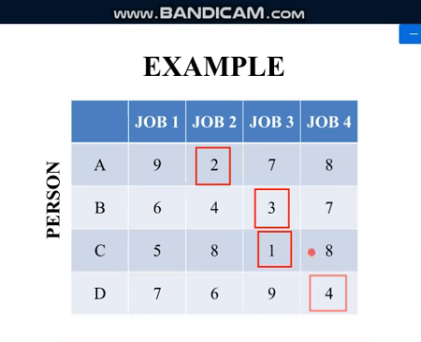Yes, then what we do is, we check the columns. Okay, the first column doesn't have any 0. See, if you subtract 2 from every value in this row, 9 minus 2 will be 7, 2 minus 2 is 0, 7 minus 2 is 5, 8 minus 2 is 6. So similarly you will get zeros here. Then again you will check in the columns.